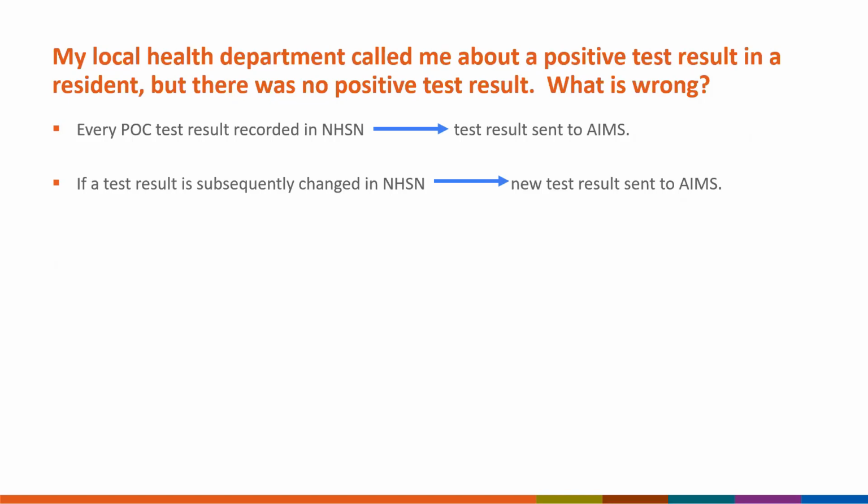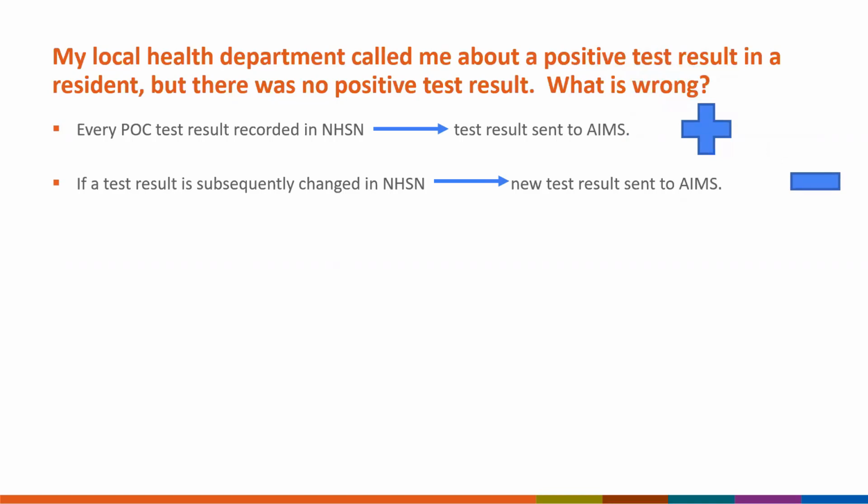This means that if a test result is subsequently changed in NHSN, a new test result will be sent to AIMS. So if a positive is originally recorded in the platform, and then it is subsequently changed to negative,